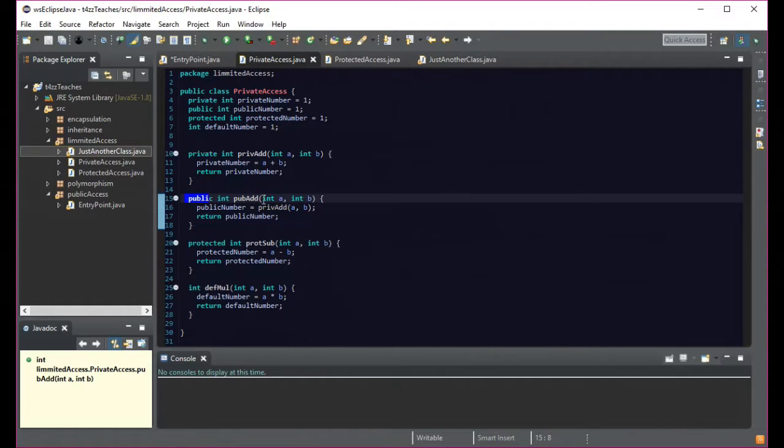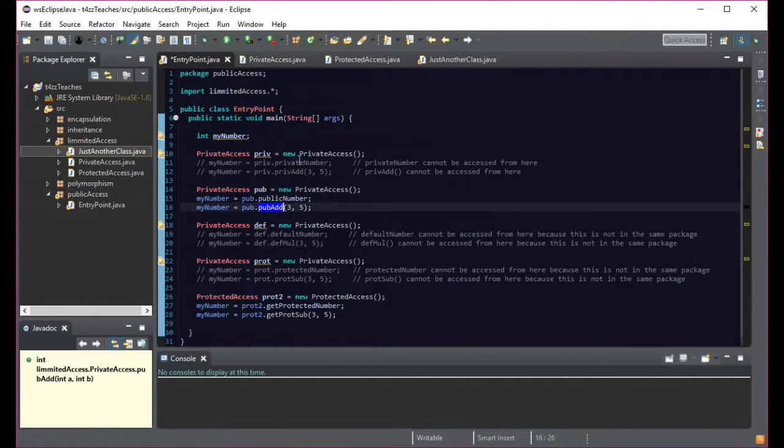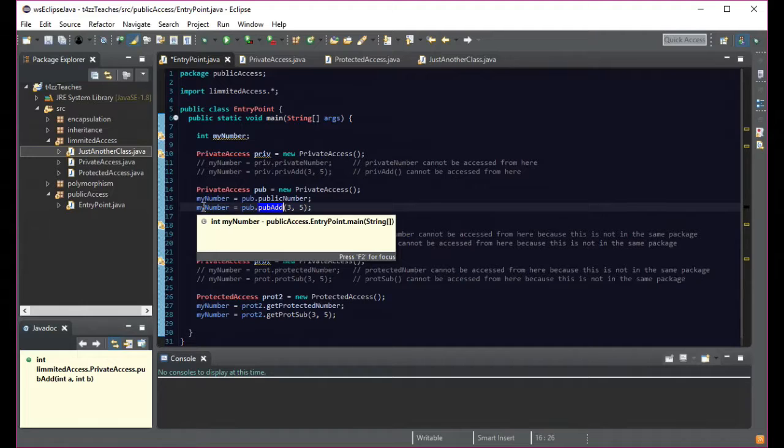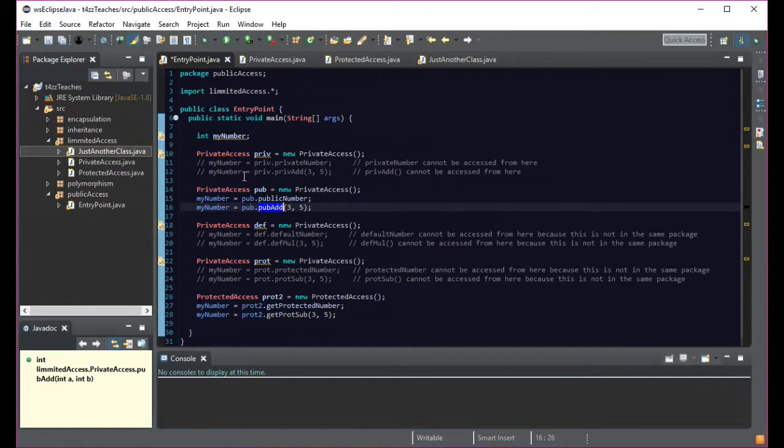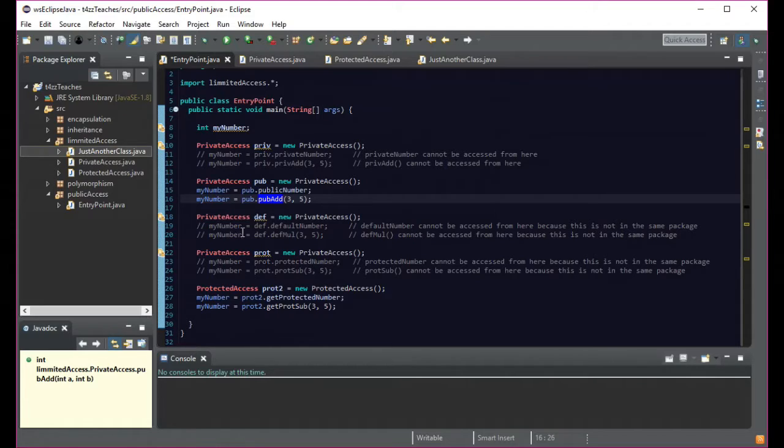However, this one, pub add, is a public one, and public number is also a public one. So therefore, this has no problem seeing it because this falls within the world, or I guess the world's probably the best way to say it, outside of the package and everything else. So this guy's able to see there because it's public. So then if we go look at the next one, we don't have to comment anything out because that's all perfect. So if we go to this next one here,